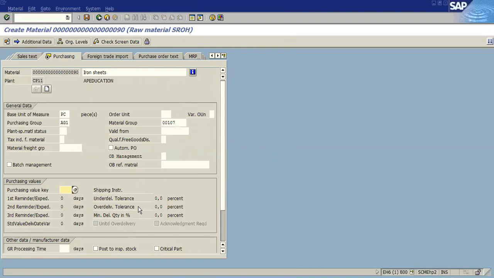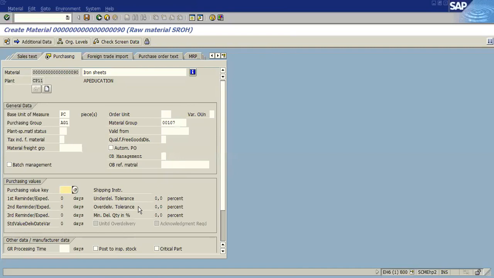It is 1. So if I have mentioned over delivery tolerance as 1, and the vendor delivers 11, though the purchase order is for 10, I can accept it.